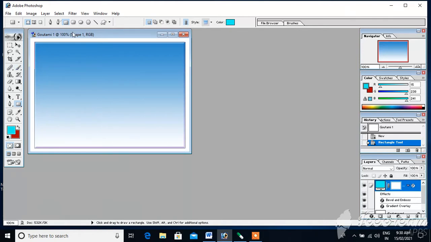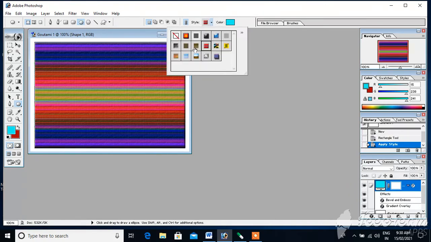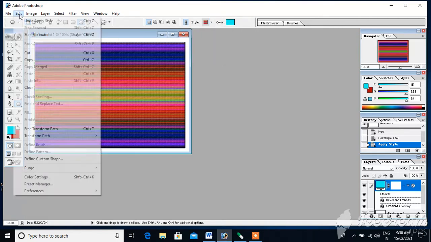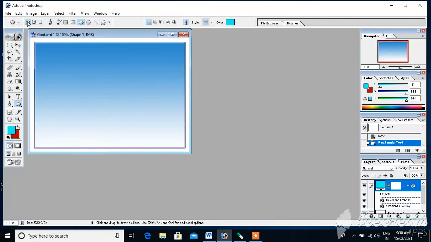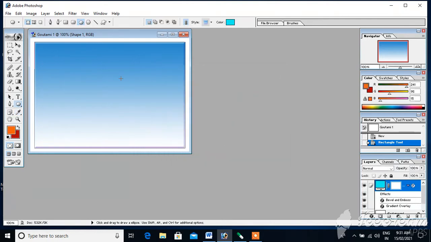Then select oval, select style, take some style. Okay, I will undo this. Select oval, select a color for that oval, and draw the ovals at the corner.